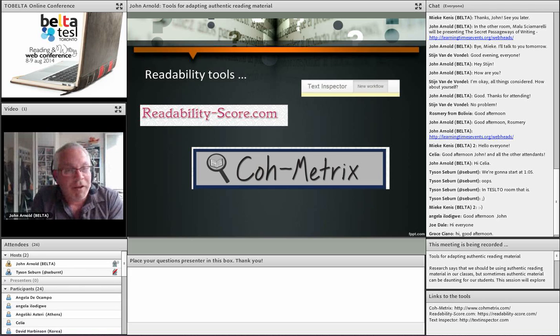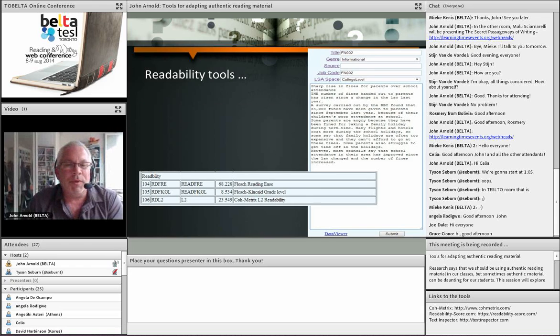So I introduced my students on how to use these tools. They're all very simple, and they work the same way. You simply input your text, you click submit, and then finally it gives you a readability. And this is a screenshot from the Coh-Metrix, which was developed at the University of Memphis in America. And again, they used the same grade level scale that I was using, which was one of the reasons that I chose to use it.